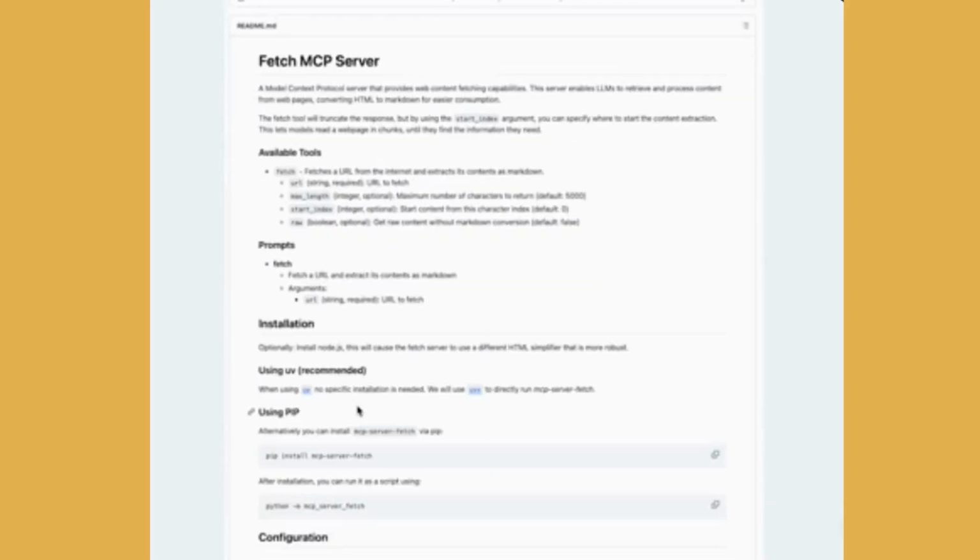Since this server is written in Python, we're actually going to use the UV command to directly run a command called MCP server fetch, which will run all the code necessary to download what we need and establish the connection. So instead of UV run, we're going to be using UVX. The fetch server allows us to retrieve content from web pages, convert HTML to Markdown so that LLMs can better